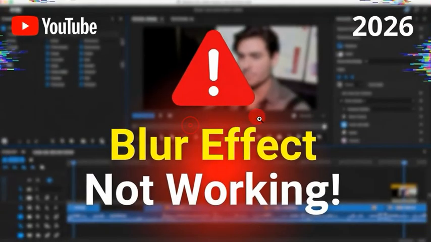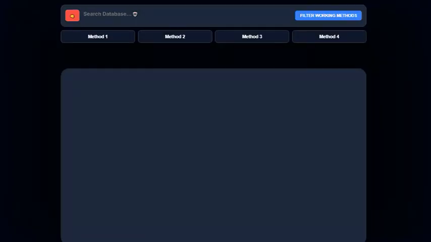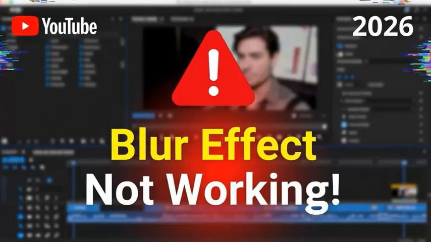This is the final video to fix blur effect not working in Adobe Premiere Pro 2026. And if your blur refuses to show, looks unchanged, or simply does nothing after you drag it in, this is exactly for you. Are you trying to blur a face, a background, or a clip, but nothing happens no matter